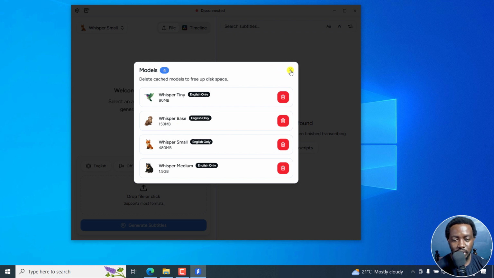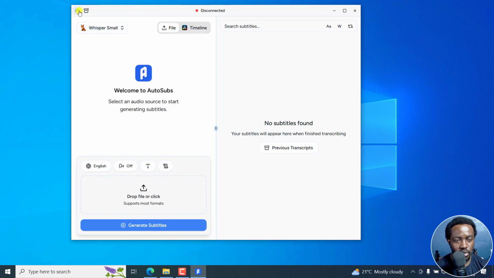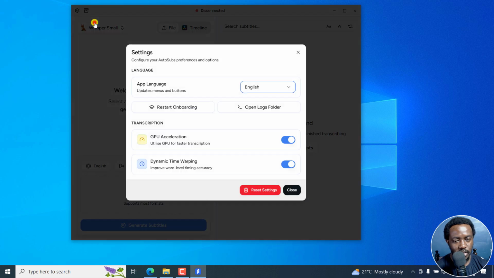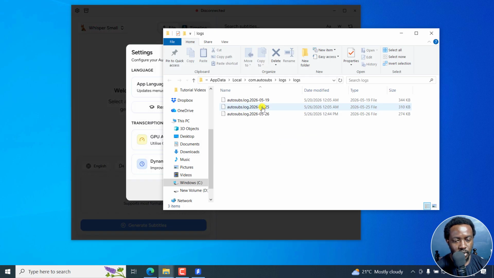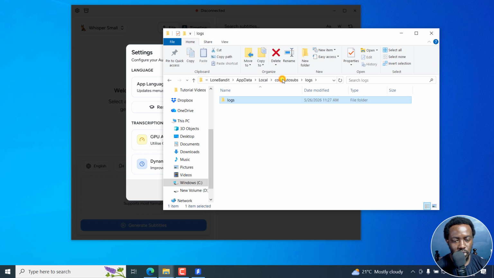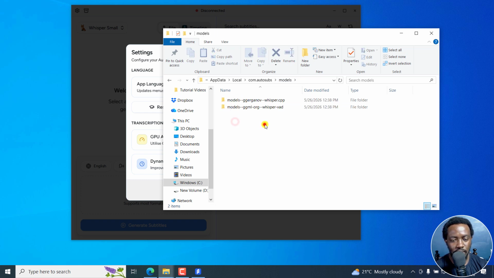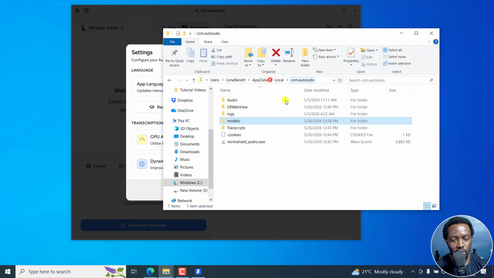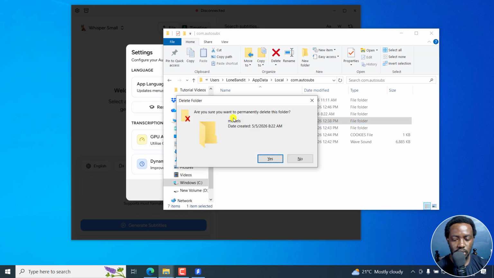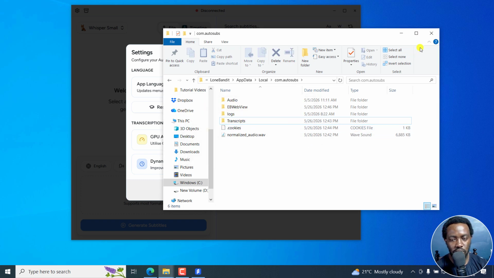So if that doesn't happen, then all you need to do is come back to settings right here and then click on open logs folder, and then click on the logs and come up here to COM AutoSubs and then click on models right there, and you can see the models that are there. And once you're here, all you can do now is just select the models, shift delete to delete those models,